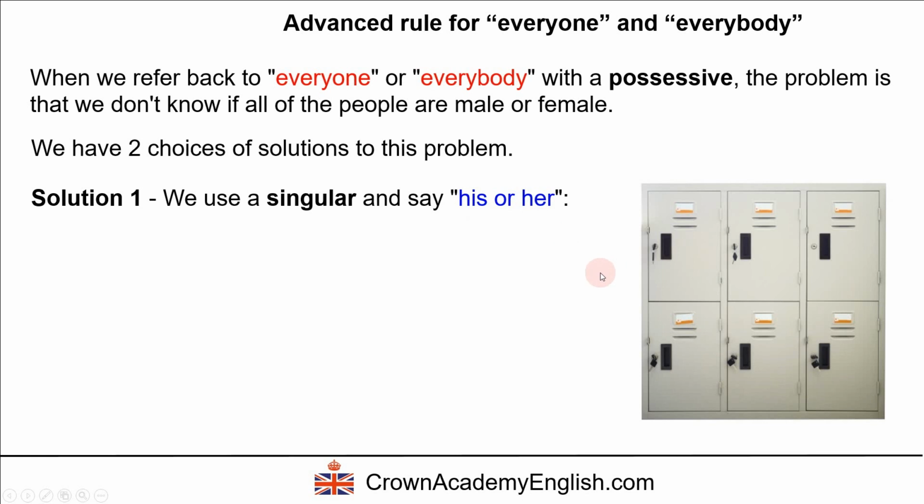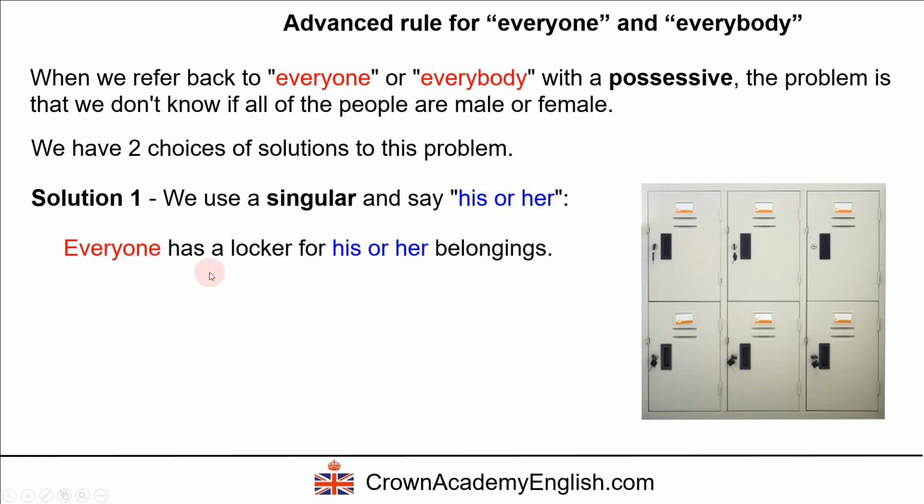So let me give you an example. Everyone has a locker for his or her belongings. Belongings just means things. So everyone has a locker for his or her belongings. The problem is that we don't know, inside this word, if the people are male or female. Maybe they're all male, maybe they're all female. We're not sure, and we don't want to offend anybody, so we say everyone has a locker for his or her